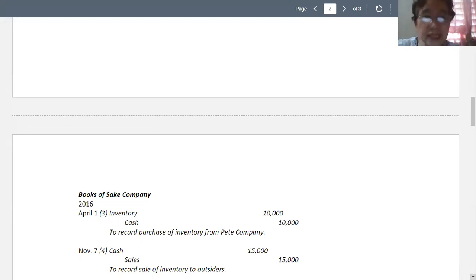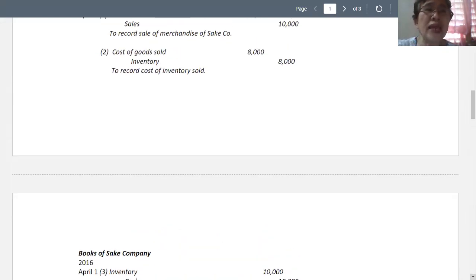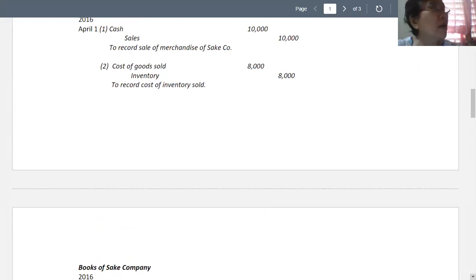And on November 7, debit to cash and credit to sales. Now take note of the dates. The entries in the books of Pitt are to debit cash and credit sales, and second, debit cost of goods sold and credit inventory. In other words, the parent is selling merchandise to the subsidiary. That's why the parent is crediting sales and at the same time debiting cost of goods sold,